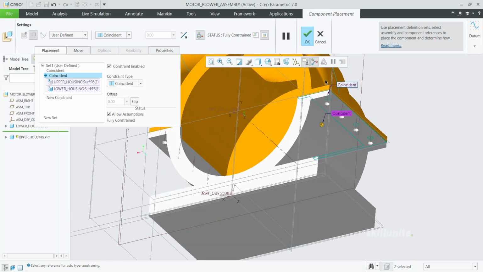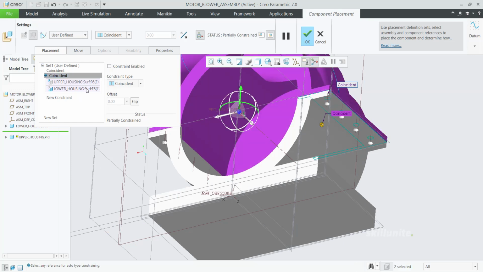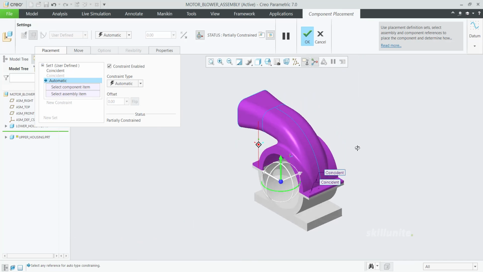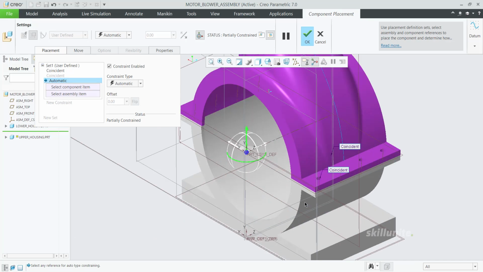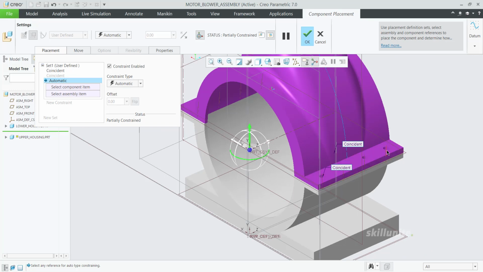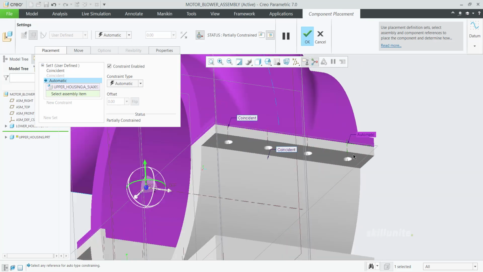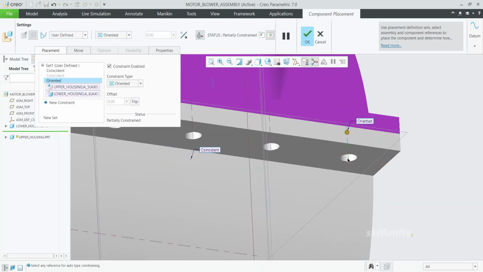over here also. Then uncheck the constraint enabled option, because it would lock the rotation. You can see the rotation is there. If you want to lock it, choose one more axis to axis and make it coincident. Choose this axis, then the axis below it, which is oriented, or you can choose coincident also.